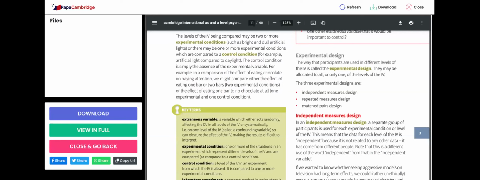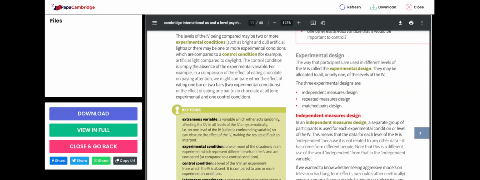So let's say I go with the book's chocolate example. I have five different girls for the people who are eating 1 bar of chocolate. Then I have five other girls for people who are eating 2 bars of chocolate. Then I have five other girls for people who are eating 3 bars of chocolate, and I have a totally separate group of five who are the control condition. Now this is my independent groups design. Why? Because I am using different people for different conditions. I am using separate people for separate conditions, and that is going to become my independent measures design,